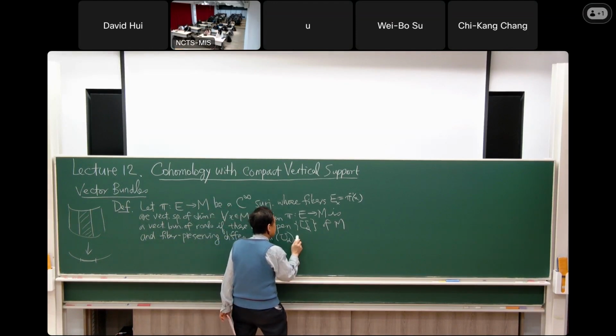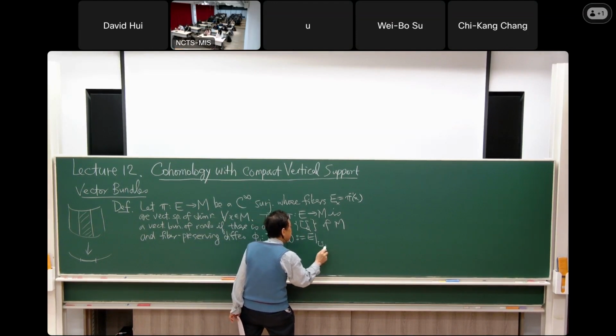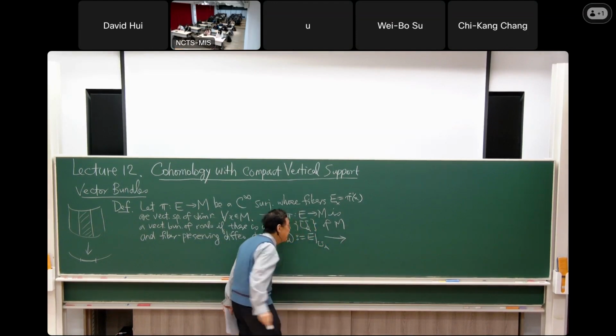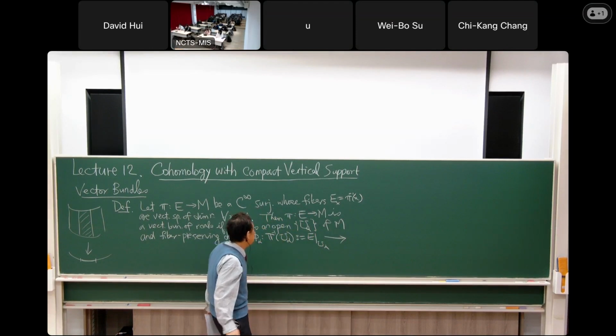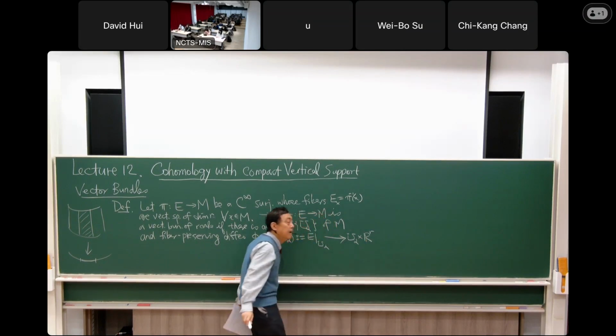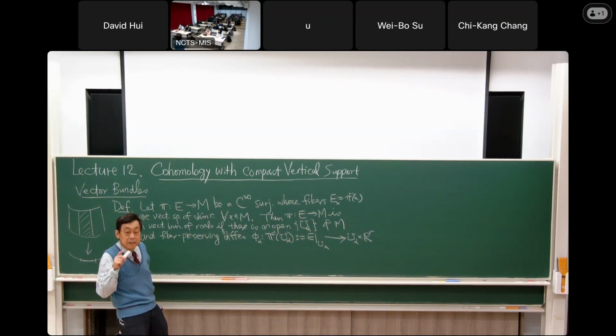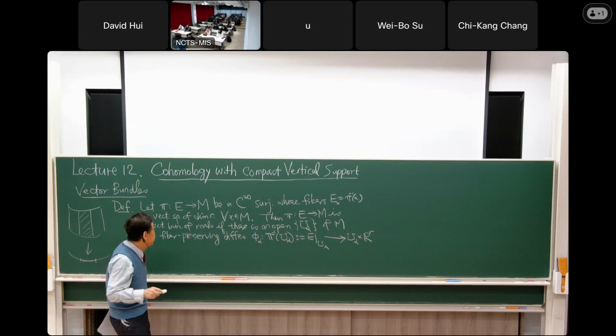Okay? That's what we define to be the restriction of E to U alpha. And you have a diffeomorphism to a product. And this diffeomorphism has to be linear on each fiber,